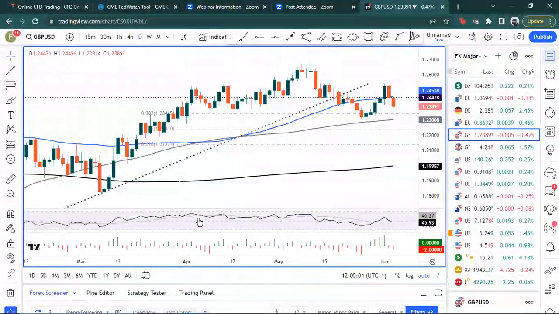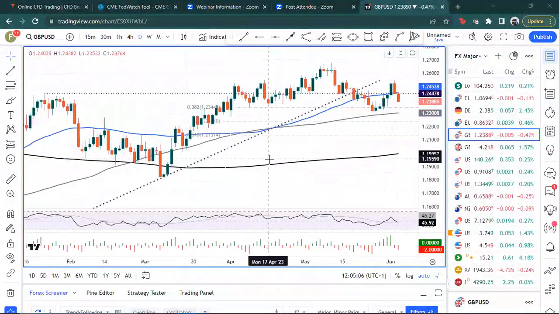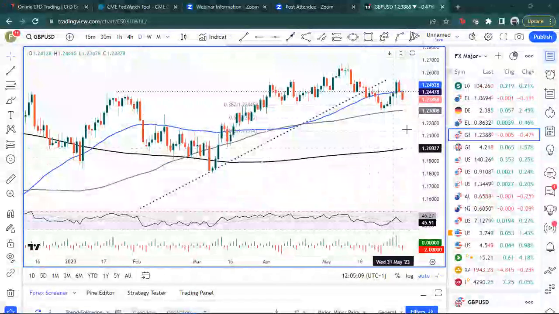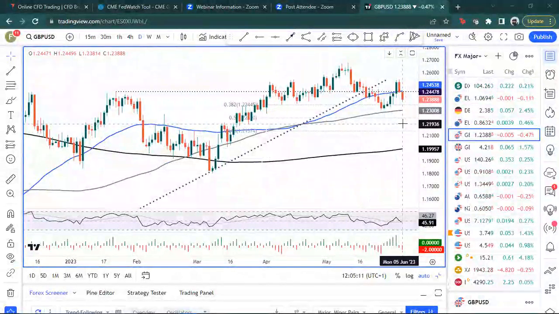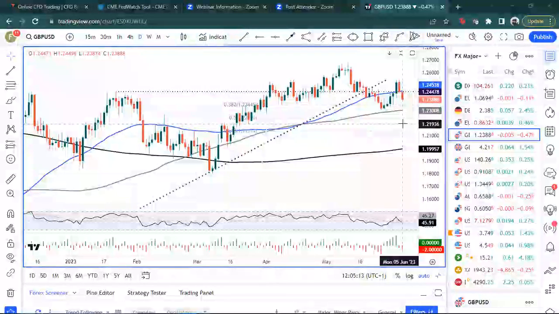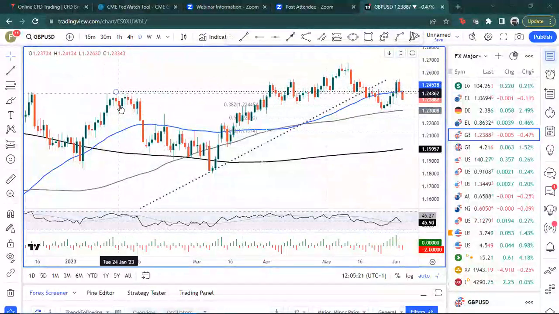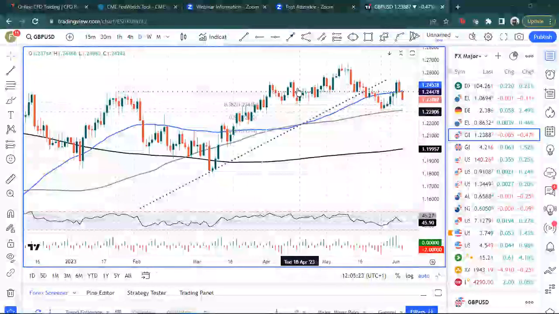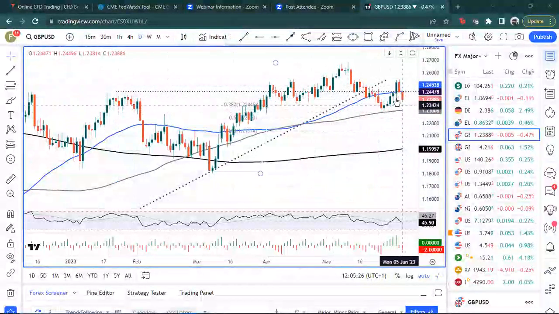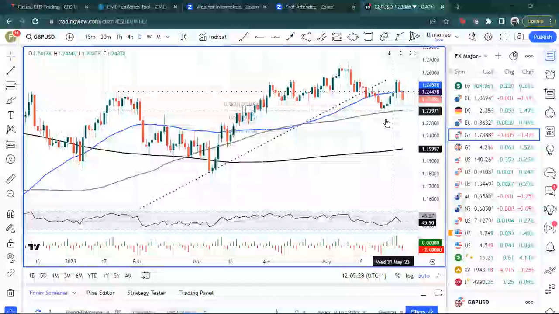Just bear with me one sec. You can see that here. So this is the cable chart, sterling against dollar. Just the weakest major currency on the day, sterling, retreating really below 1.24. You can see here, below also 1.2447, which is the line we've had from way back in January as being where we've pivoted around it, and we're doing that, it looks like, again.